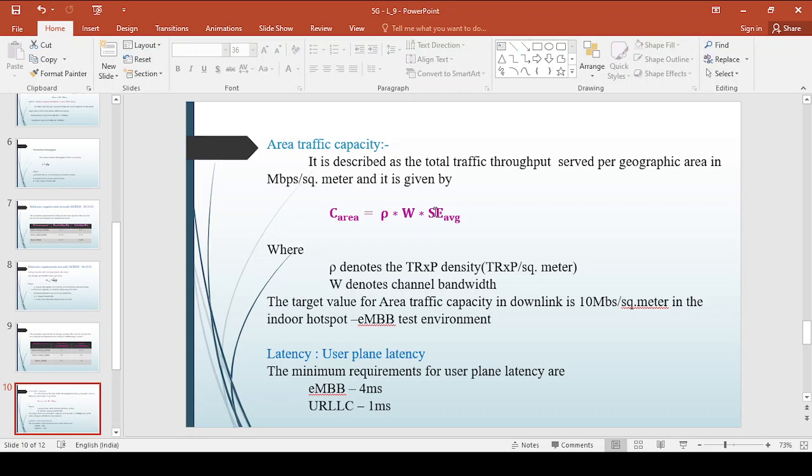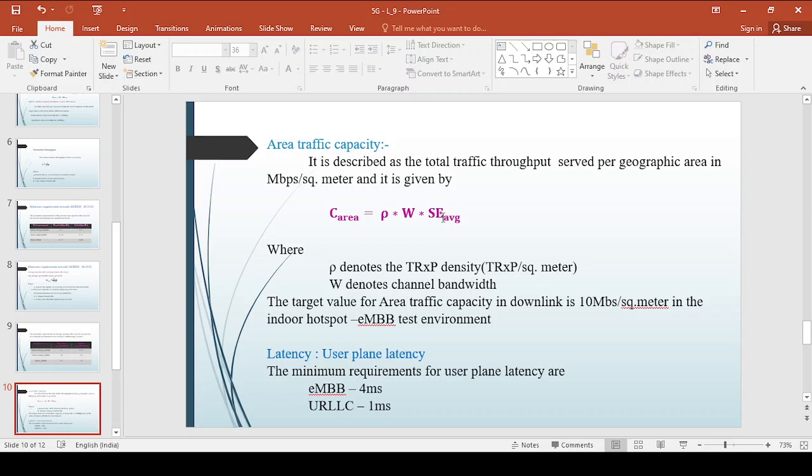What is area traffic capacity? It is nothing but the total traffic throughput served in a particular geographic area. Its units are megabits per second per meter square. It is calculated by the formula area traffic capacity equals rho into W into SE average. Rho denotes the density of transmitting and receiving points, W is the channel bandwidth, and SE average is the average spectral efficiency. Now the minimum requirement of area traffic capacity in the downlink is 10 Mbps per meter square,